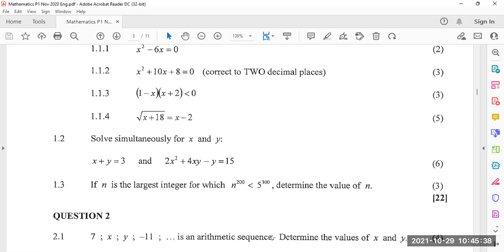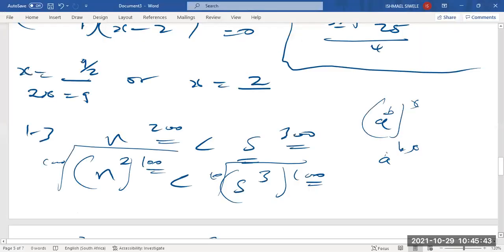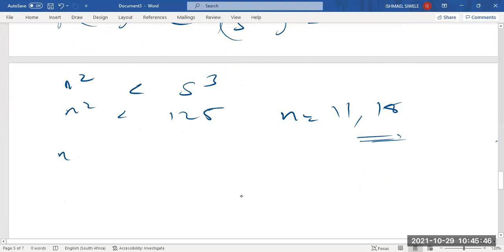It means n here is a decimal, so n must be the largest integer, and n is simply 11. It's simply 11. The other way that you could have worked this out